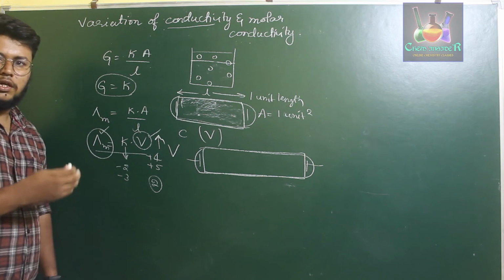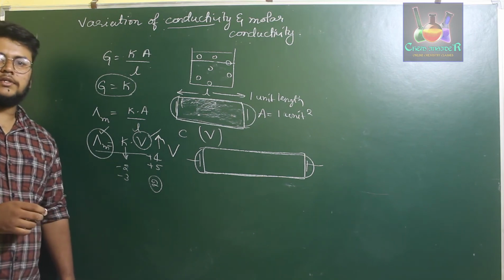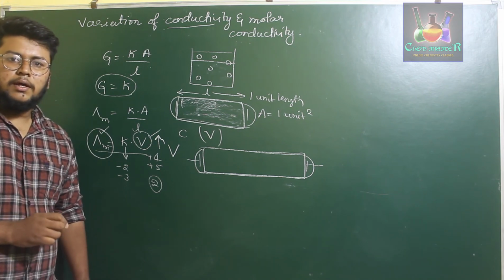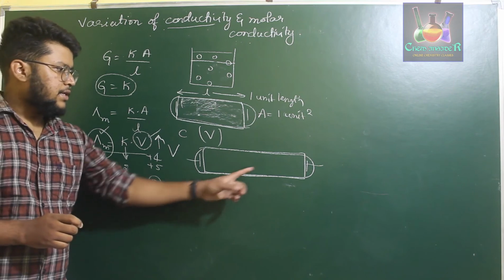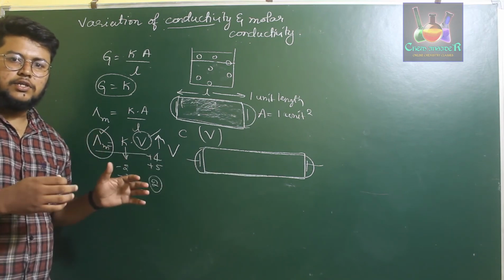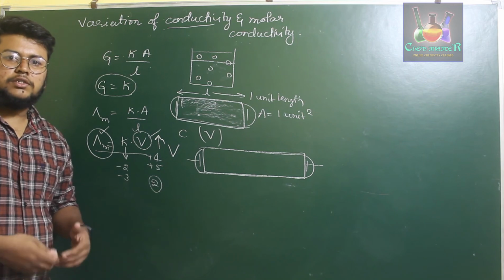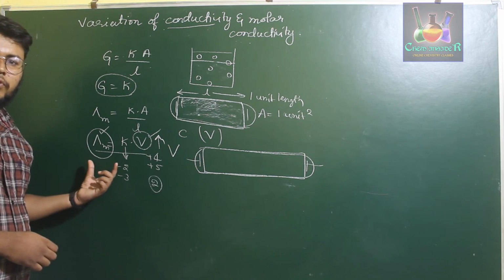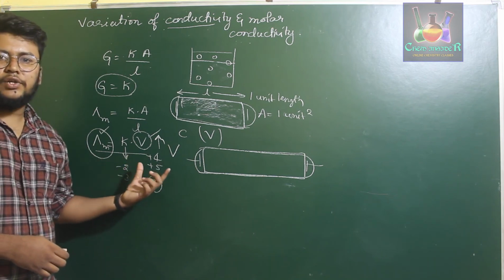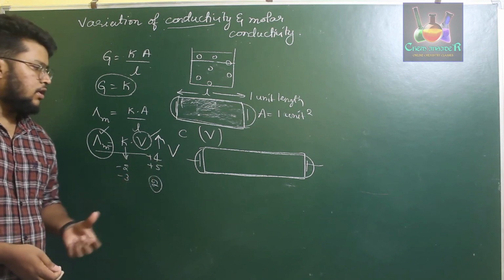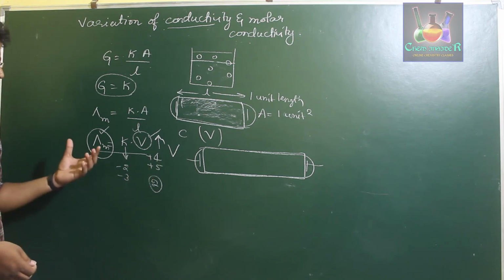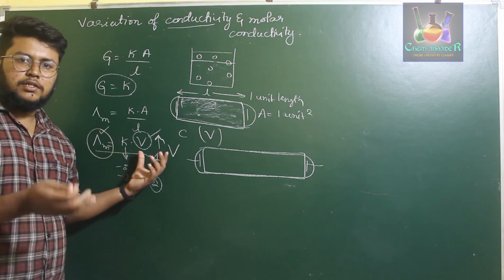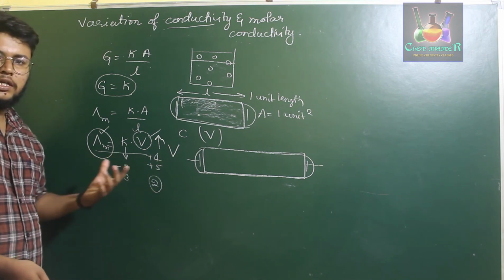will of course increase. So what we can say is the conductivity of a solution might decrease with the decrease in concentration, but if we have a conductivity cell of huge area and it has sufficient space to increase the volume of the solution filled in it, then lambda m will increase with increase in dilution or decrease in concentration. If you increase the volume by decreasing the concentration, lambda m will increase.